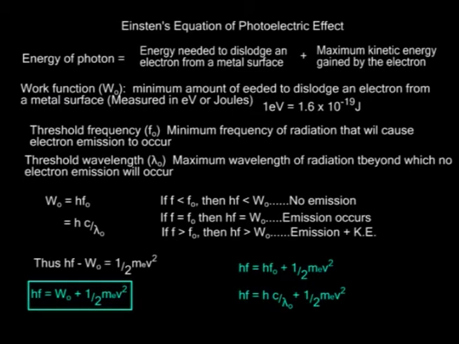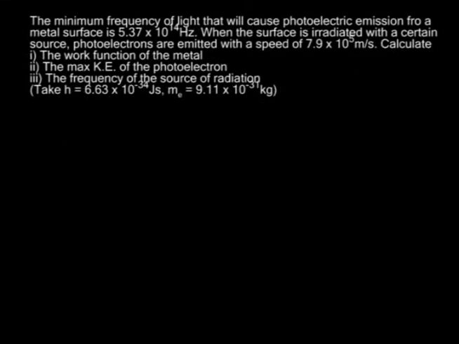Let's take an example. The minimum frequency of light that will cause photoelectric emission from a metal surface is 5.37 times 10 to power 14 Hz. When the source is irradiated using a certain source, photoelectrons are emitted with a speed of 7.9 times 10 to power 5 meters per second. Calculate 1. The work function of the metal,